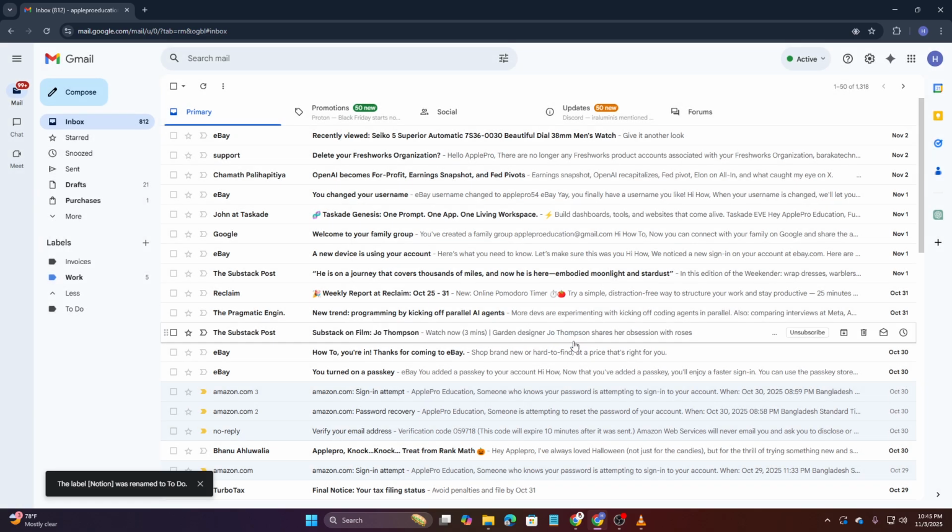That's it. Your label is updated and the change will appear on all devices linked to your Gmail account. A small tweak like this can make a big difference in how you navigate your inbox. Keep experimenting with label names until you find a system that